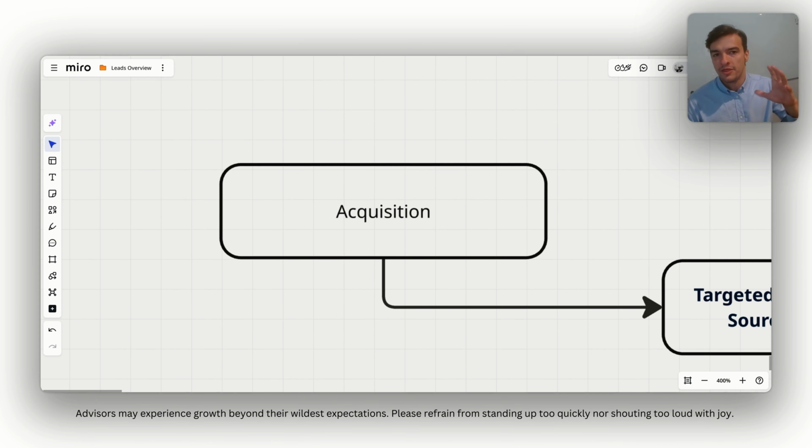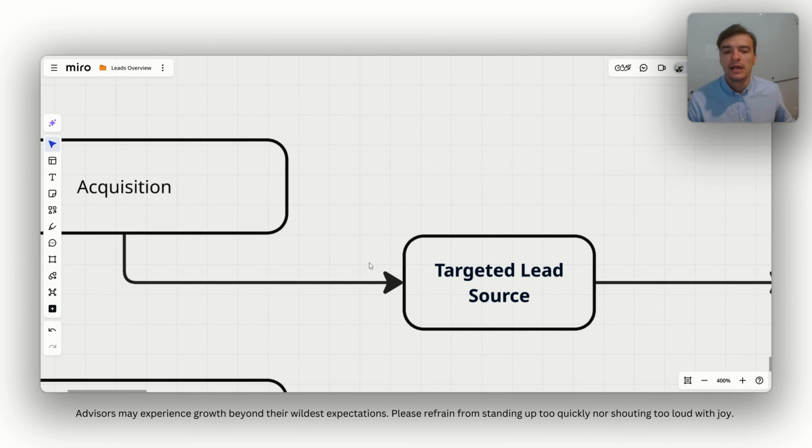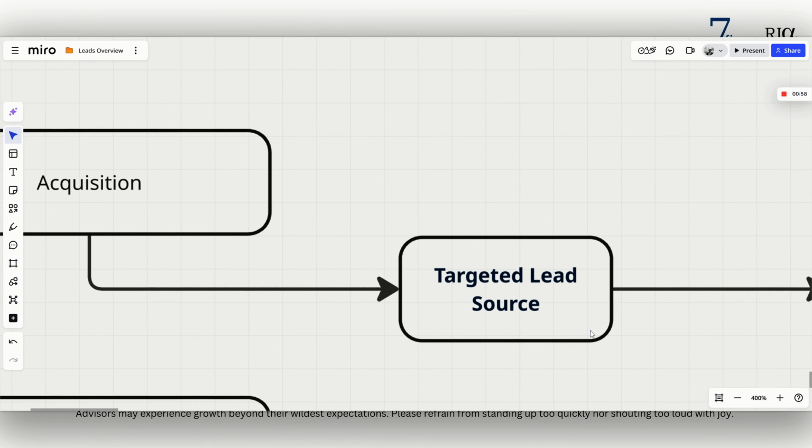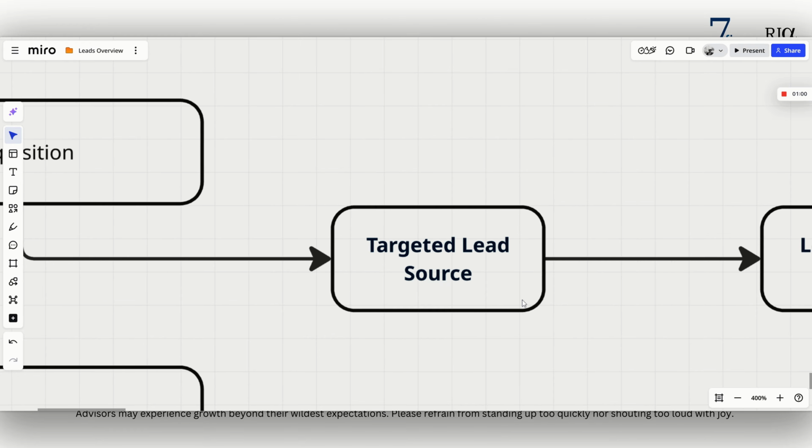This is the frame we want to set when we're diagnosing or potentially diagnosing problems in the acquisition model: are there leads coming in? That's kind of a binary question. If they've got leads coming in, the next thing we want to look at is the target audience. Are we looking at an ideal client profile of these leads? Are they matching the ideal client profile that we have written? Is there a written ideal client profile that we can reflect and compare? That's a good place to start.